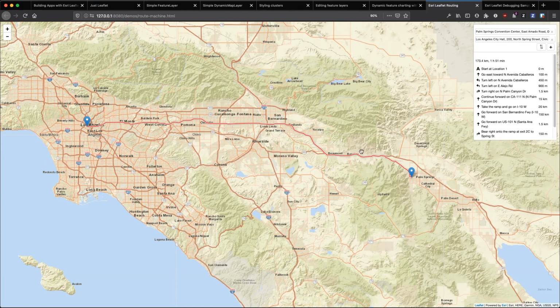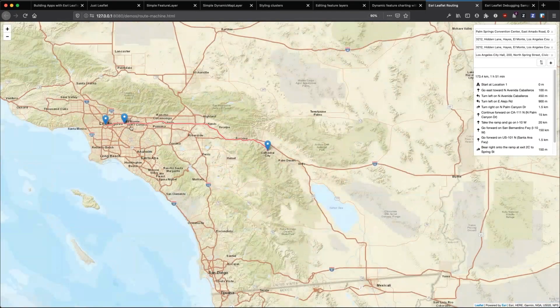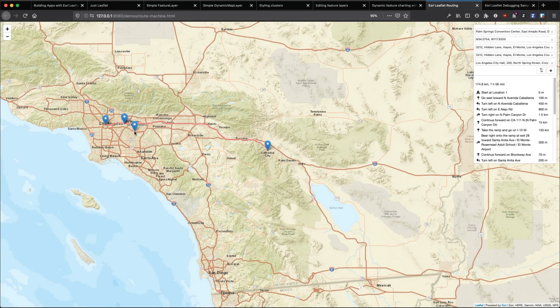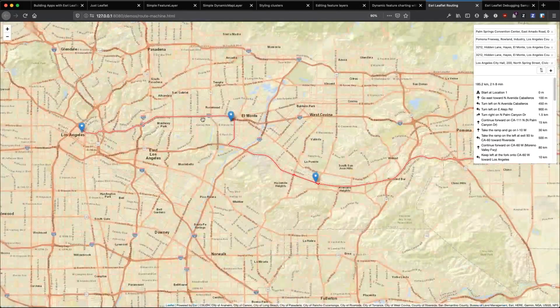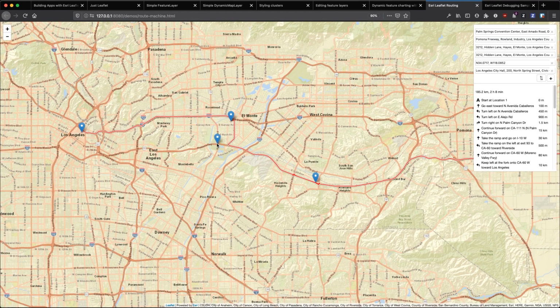So you can actually draw on the map, and this is using the routing service under the hood that's a part of ArcGIS Online, and then it's mapped in Leaflet. The directions work pretty well. This also has lots of other fun interactions, like you can add waypoints, you can drag the route around, things like that. So I can take this and drag a new waypoint over to there,